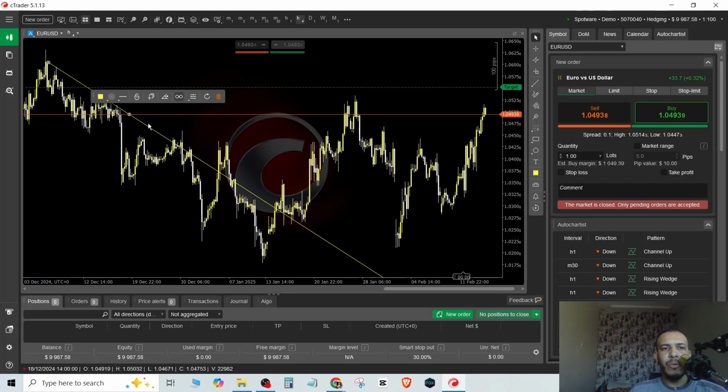Okay. Now we have an extended trend line, but you have to go to this setting here and click on set as default. So the next time you add the trend line, you will get automatically an extended trend line. Okay, I think that you get the idea. So click on OK. Let's remove this one